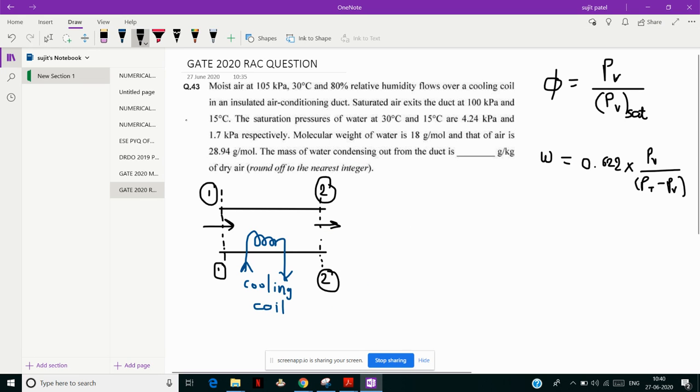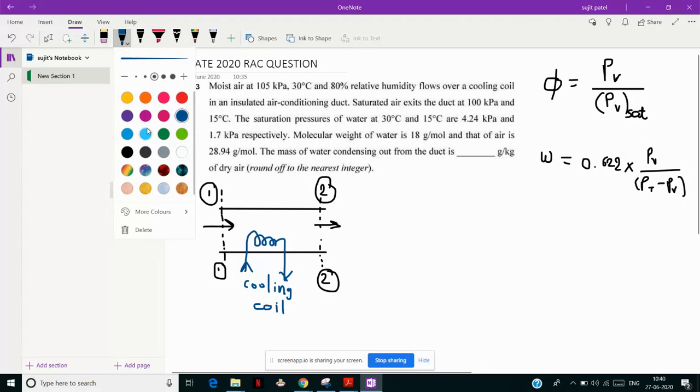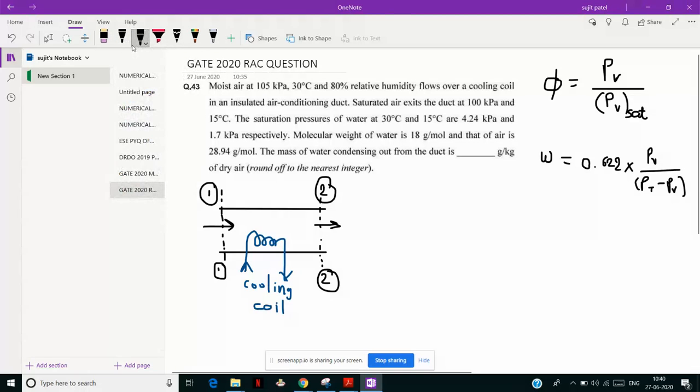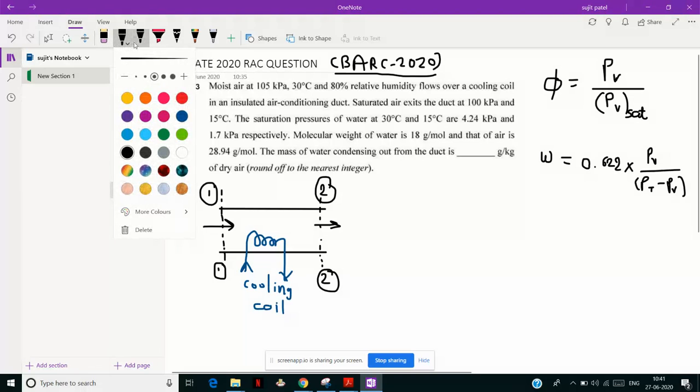Hello everyone. Today we will solve one numerical from GATE 2020 and ESE that has been asked, and a similar type of question was also asked in the BARC 2020 exam, but BARC is not releasing its paper. So just from memory, I can say that the question was the same, only the numerical value was changed. Okay. So the question is given here: